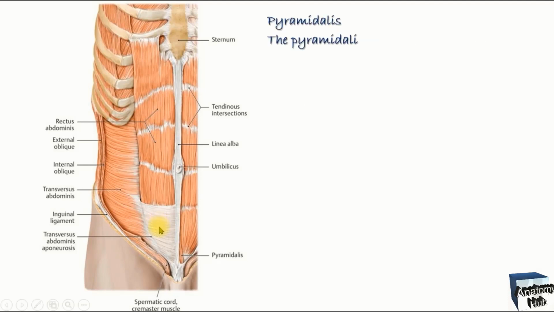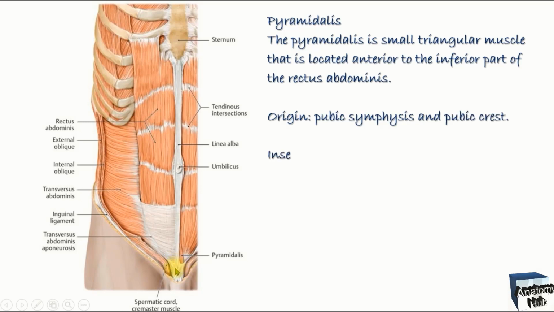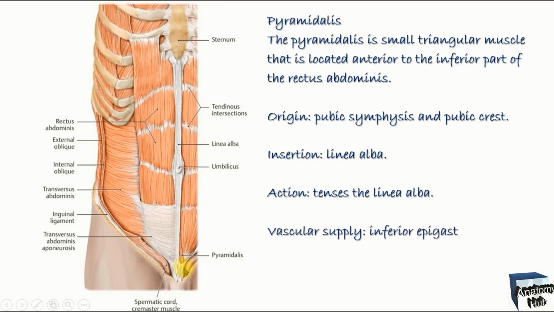Then here you'll find another muscle, a small muscle over here, that is the pyramidalis muscle. This pyramidalis is a small triangular muscle that you'll find over here, located part of the rectus abdominis. Its origin is from the pubic symphysis and the pubic crest, and its insertion is to the linea alba. Its main action is that it gives tension to the linea alba,